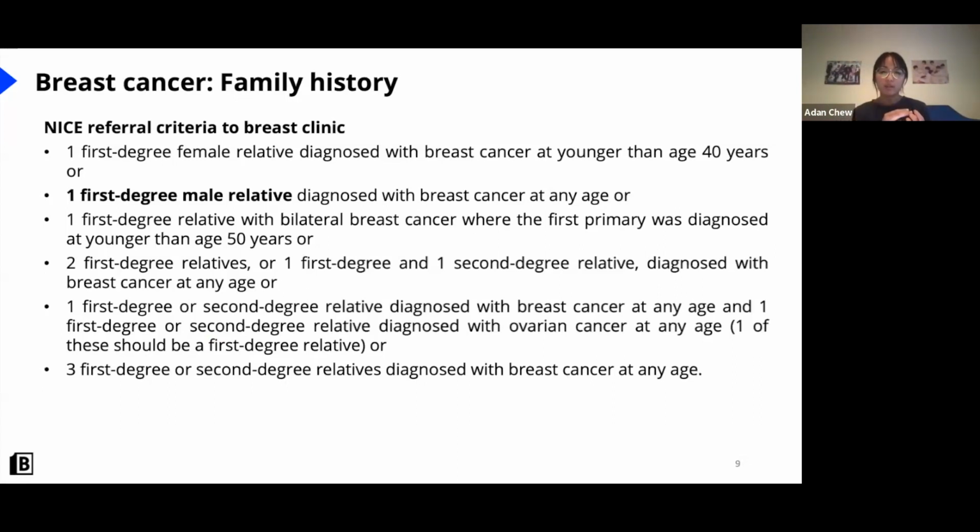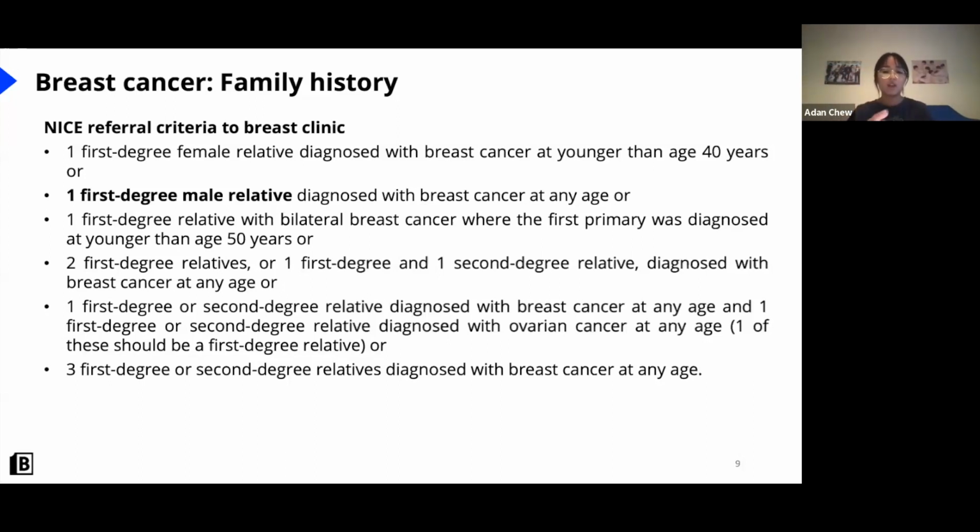when someone in their family has been diagnosed when they're younger than 40, a male relative, and also bilateral breast cancer, where the first primary was diagnosed before 50 years. Those are the 3 features which, present in any single family member, would trigger referral. And then the second bit would be any 2 first-degree or